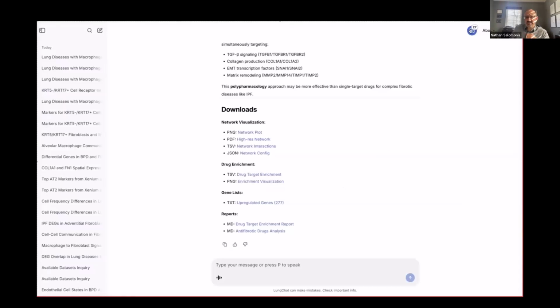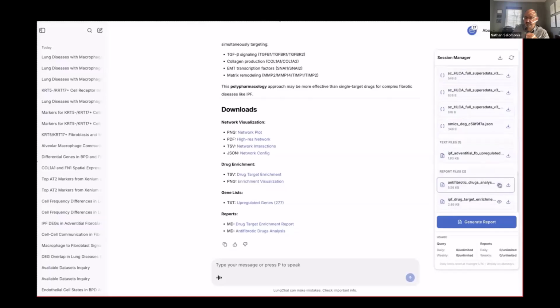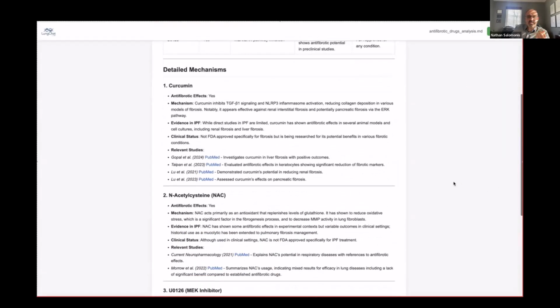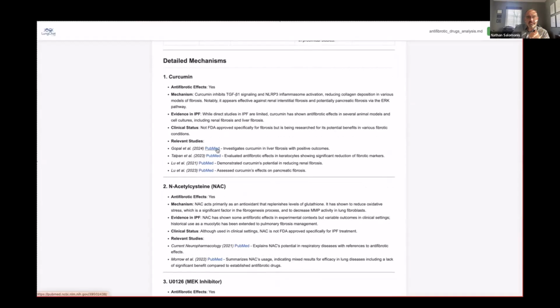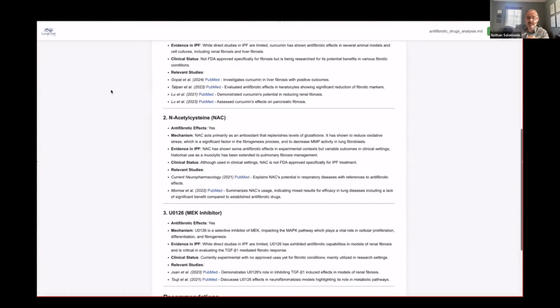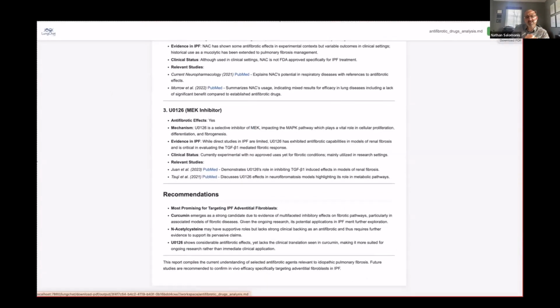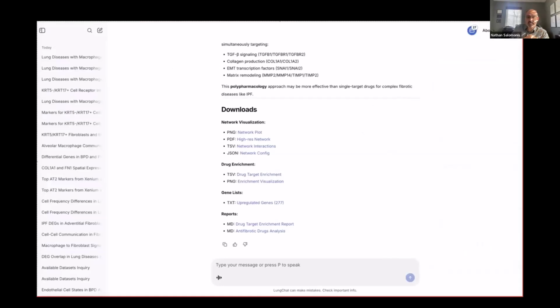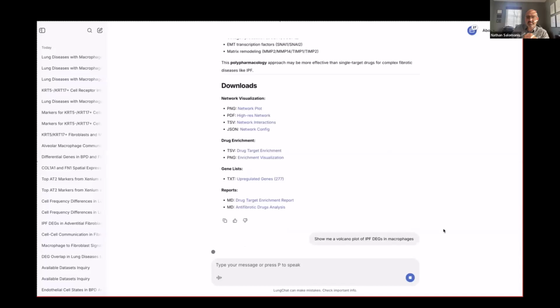And you can download the synthesis, this report of results. This includes those results at the top. The report here is indicating what the relevant studies are and evidence with link outs to high confidence publications. So not any hallucination-based publications, but there's a rigorous identification and analysis of these PubMed articles with specific confirmed contexts for these drugs and target gene interactions and disease contexts, for example. So there's a lot of information that's being extracted in these types of queries.